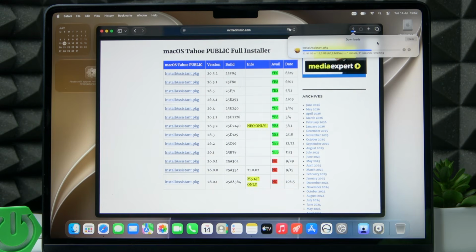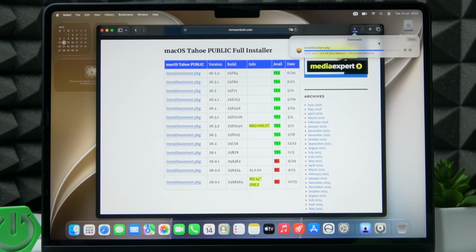Okay, now it's almost downloaded, so I'll start talking about the USB drive that you'll need for that. The USB drive must be at least 32 gigabytes, I would recommend, because it may not fit on a 16 gigabyte drive. So I'd say at least 32 gigabytes or even 64. It would be best if the drive was as fast as possible, just to prevent any problems. And also plug in your device to a charger so that it doesn't discharge during the process,